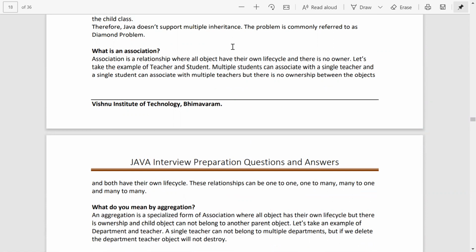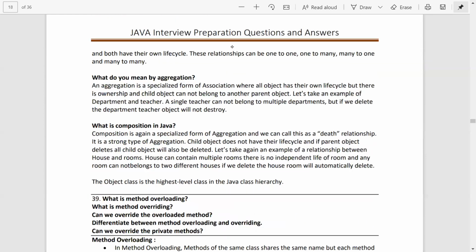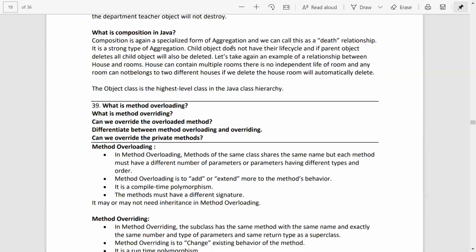So I have conveyed about is-a relationship and has-a relationship. Association is nothing but a has-a relationship, one object enclosed inside another. Aggregation is a specialized form of association. And we'll see this question also.